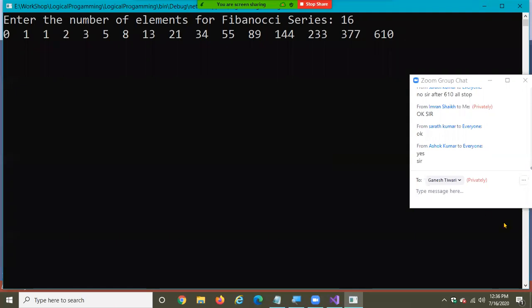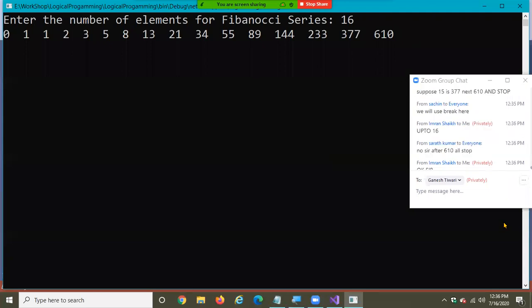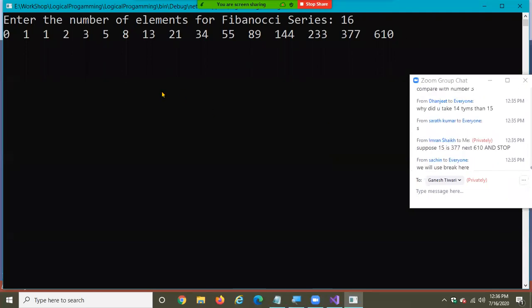Someone asked a question: why 15, why not 14? Array, not 14 times here, 15 only. Count it. Now I got 16. 0, 1, 2, 3, 4, 5, 6, 7, 8, 9, 10, 11, 12, 13. So it is going to print up to 16 only. But the loop starts from 0, no?